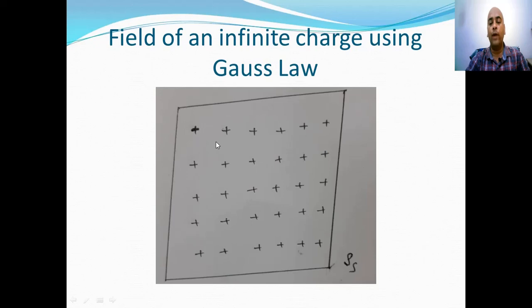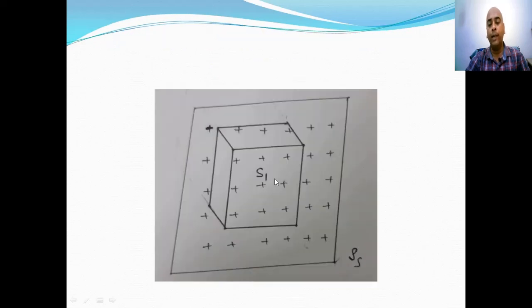In order to find the field at point P, which lies at some distance from the sheet, we need to use a Gaussian surface. And let us suppose we are using a box as a Gaussian surface such that point P lies on the outer surface S1. However, if we consider only one box that is above the sheet, then the flux which is leaving the sheet in the negative direction will not be considered.